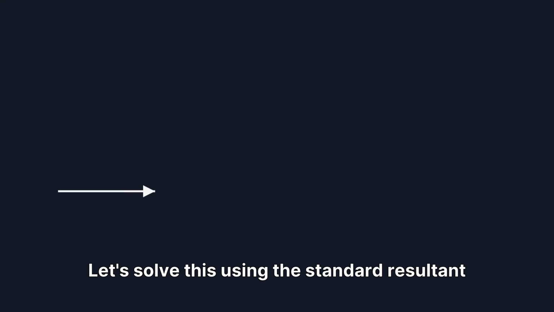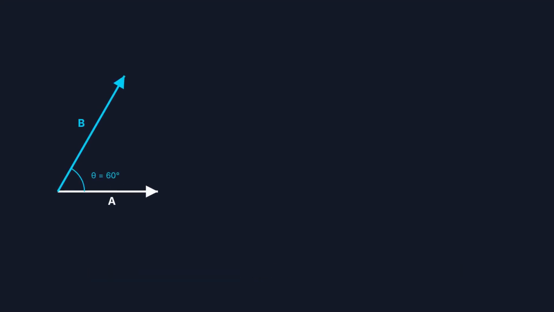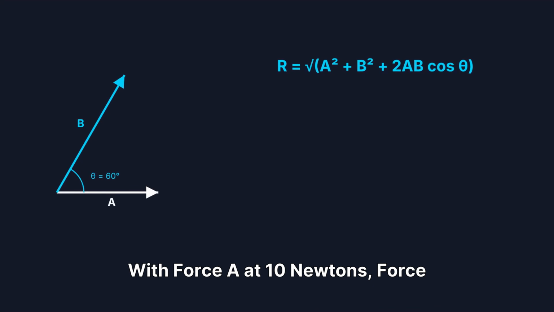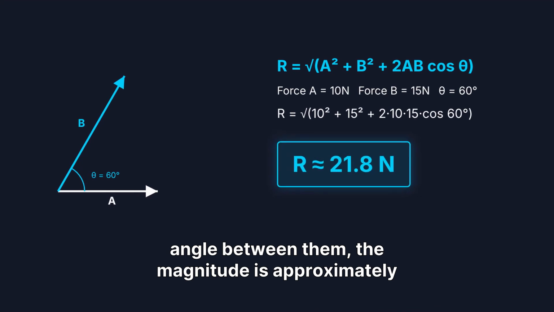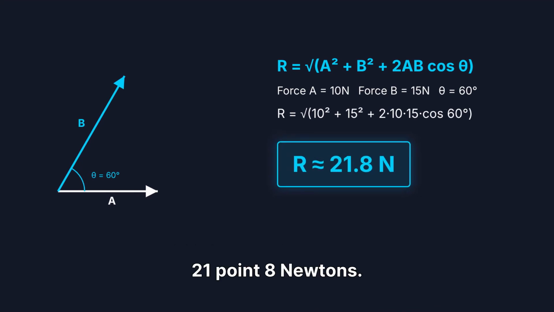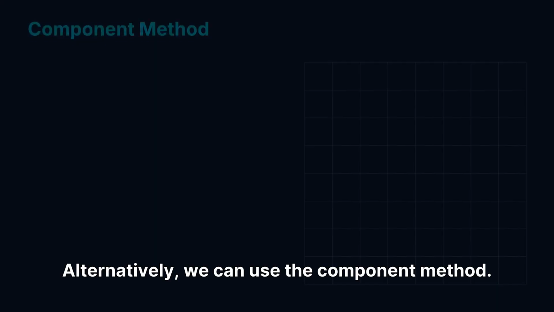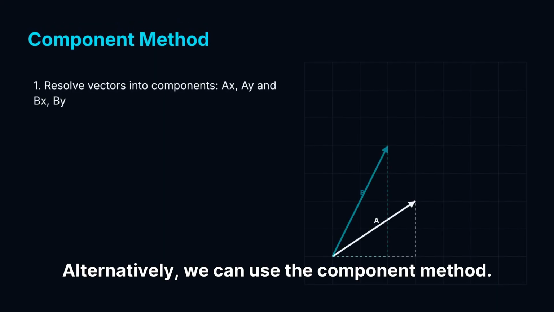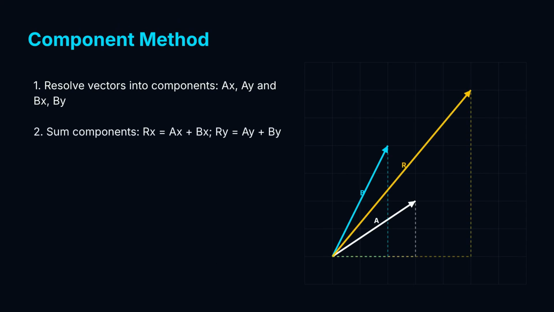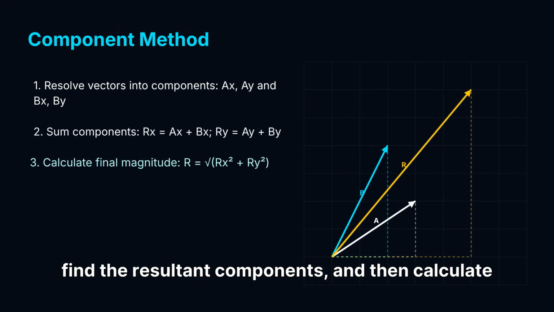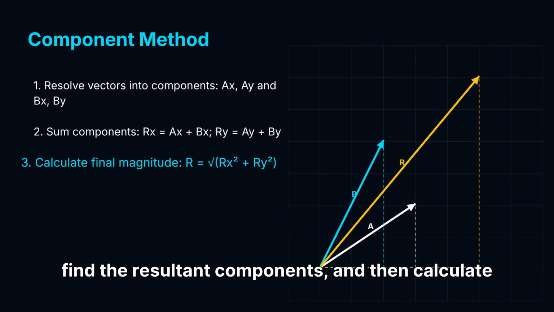Let's solve this using the standard resultant formula. With force A at 10 newtons, force B at 15 newtons, and a 60-degree angle between them, the magnitude is approximately 21.8 newtons. Alternatively, we can use the component method. First, resolve each vector into its x and y parts, sum them up to find the resultant components, and then